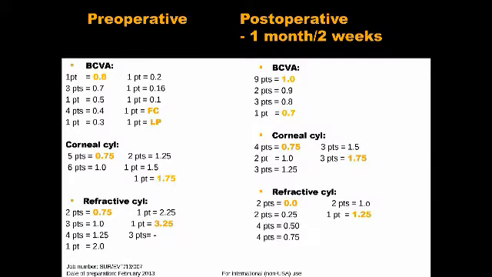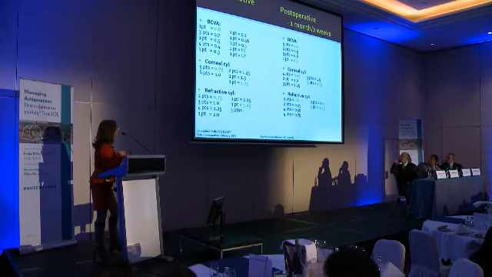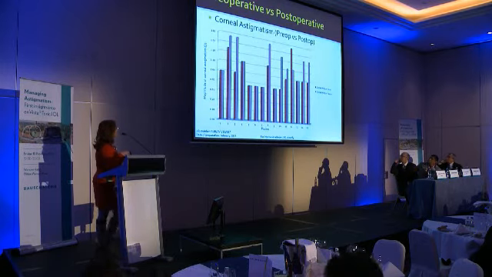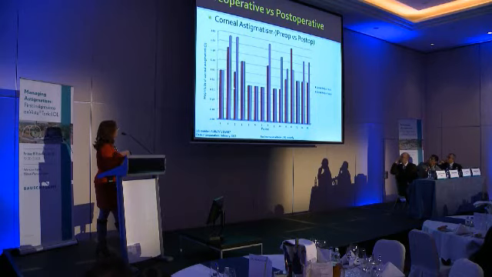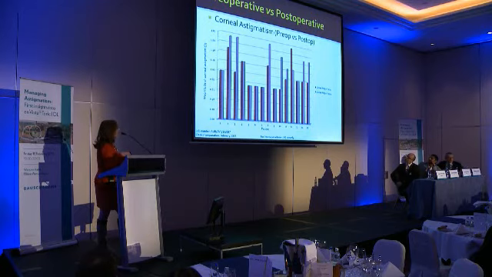The visual acuity ranged from 0.8 down to light perception, and the corneal cylinder from 0.75 up to 175. The post-op visual acuity improved a lot, as you can see here, and the corneal cylinder remained pretty much the same, which was expected. But we had an even better surprise. The induced astigmatism was almost zero,